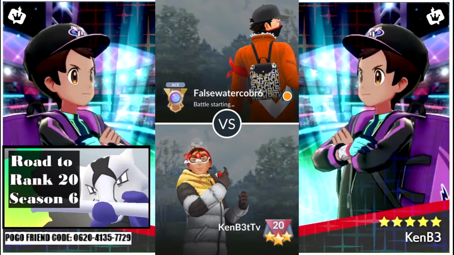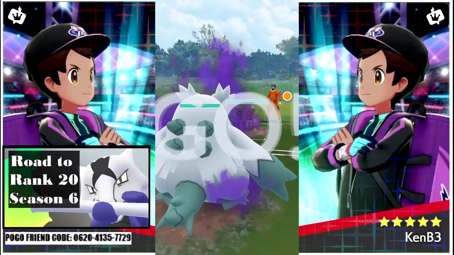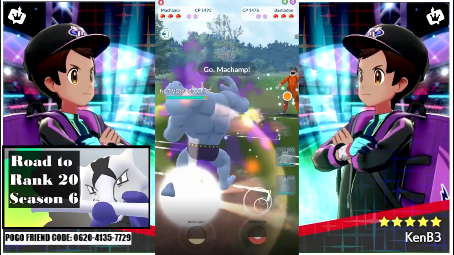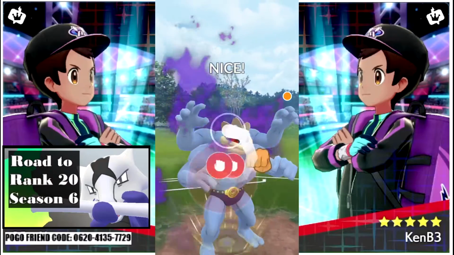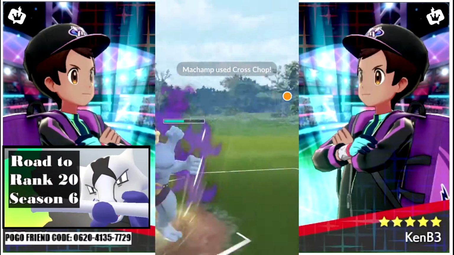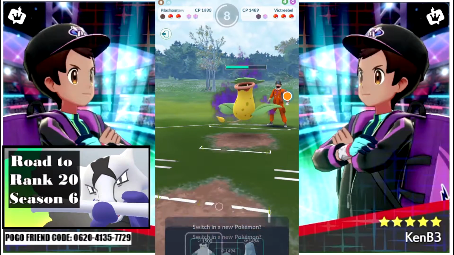Alright, False Water Cobra 6. It's a mouthful. Abomasnow versus Bastiodon, not a good start for me, so I switch right into Machamp and take the risks. And of course it's a Victory Bell, so I just thought, okay, what the heck, might as well just do what I can to burn shields here. We get a shield off on the Victory Bell, down goes Machamp, so of course I bring in